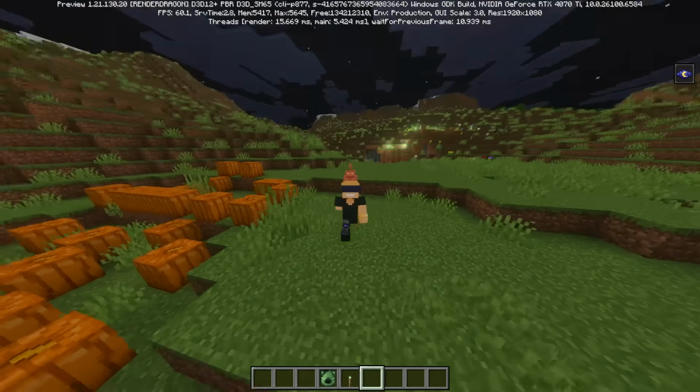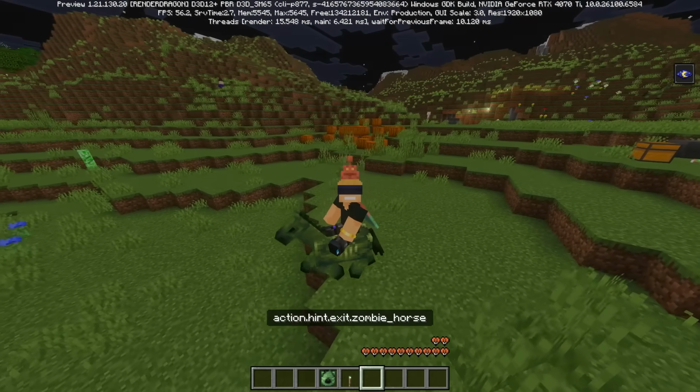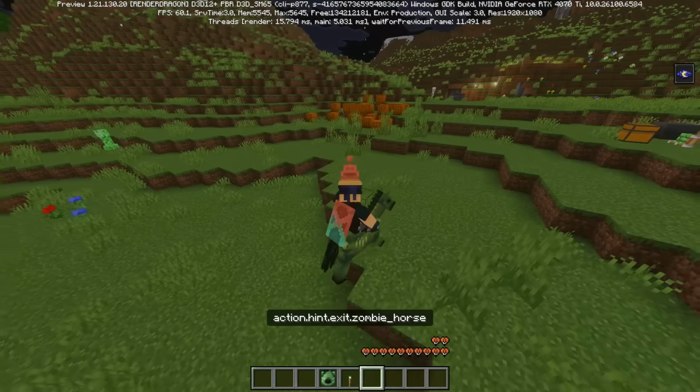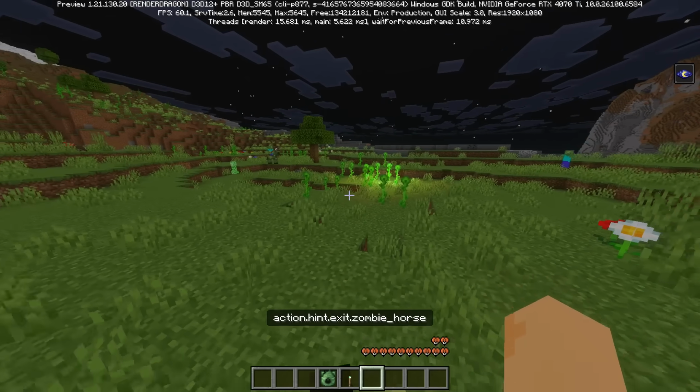Now, just like how it goes with the zombie horse on Minecraft Java, you can tame these guys when they spawn. If they spawn on Bedrock, they will always spawn with a zombie wielding a trident spear. And when you jump on one, you have this interesting...